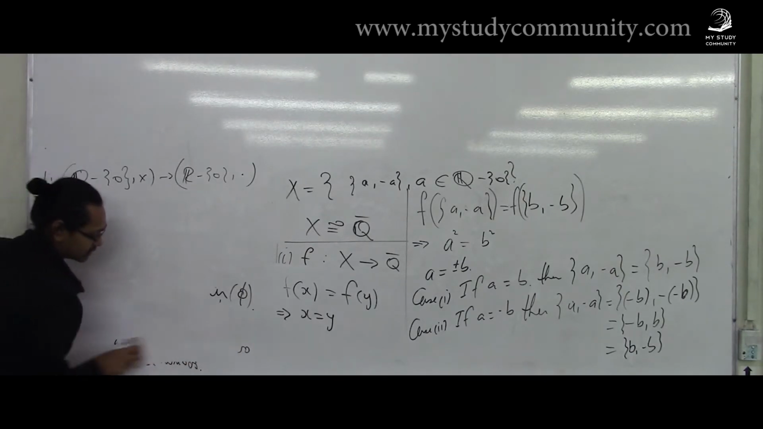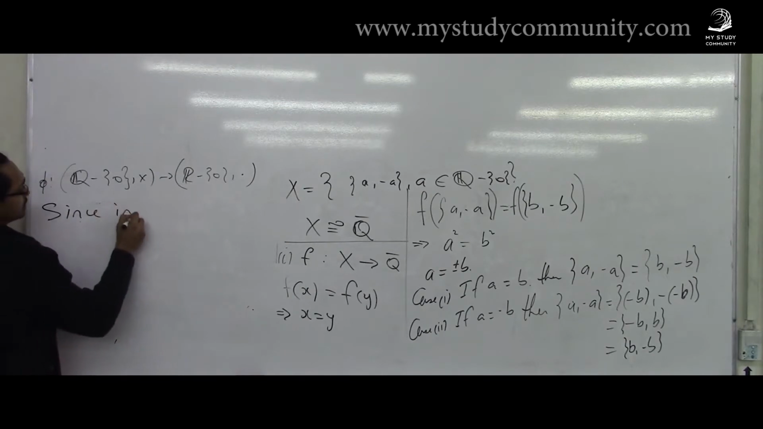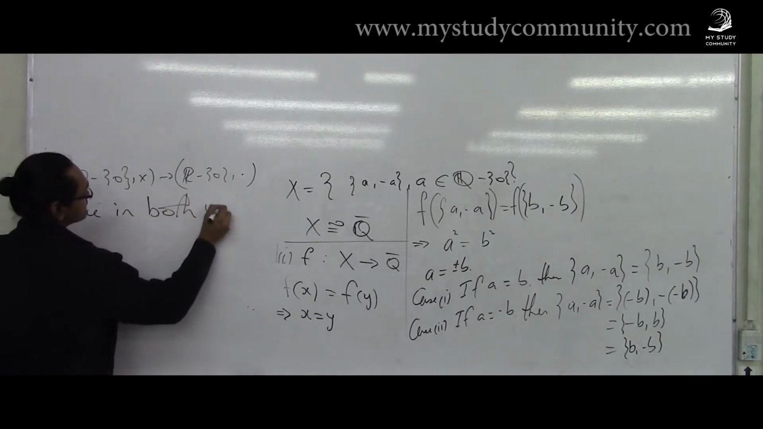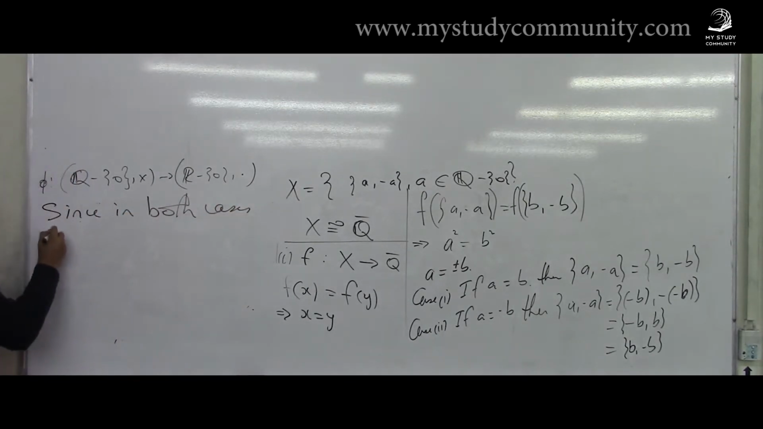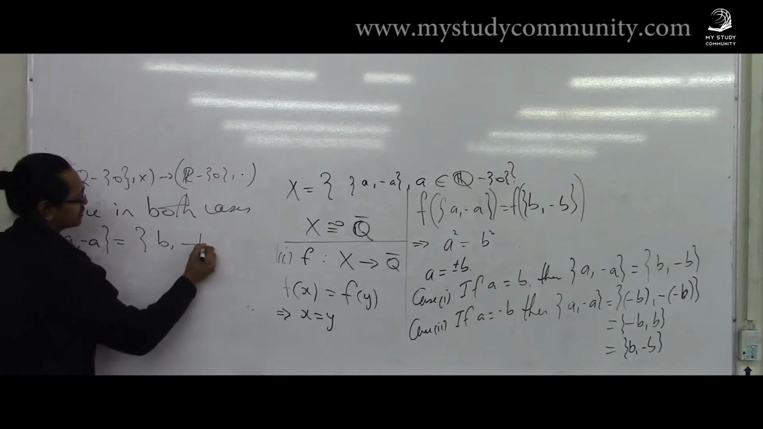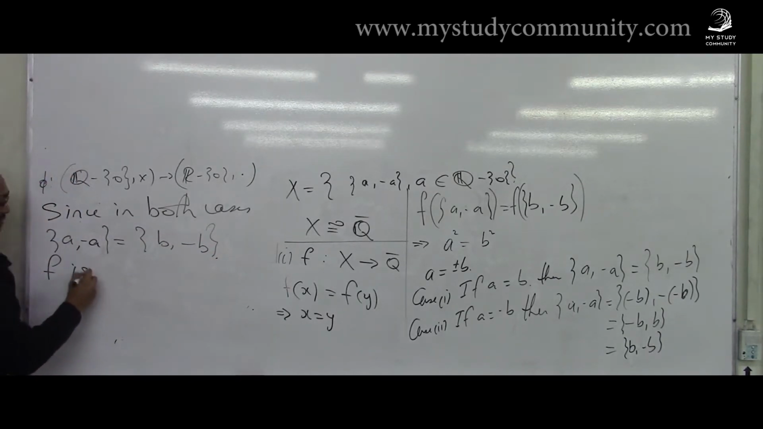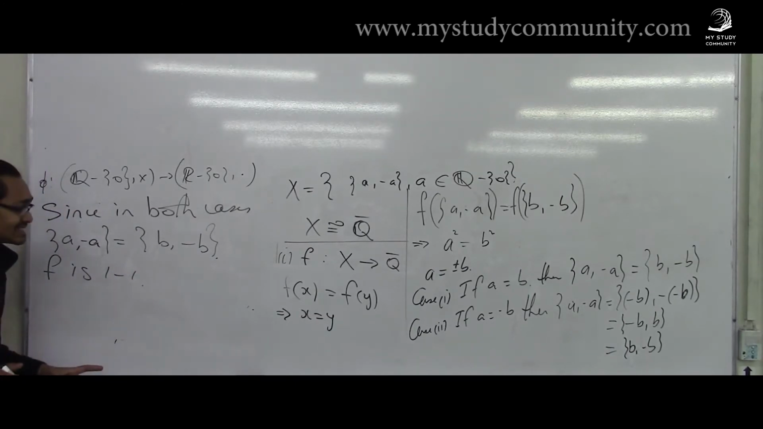We just need to conclude with a statement saying that. So I just want to conclude that since in both cases A negative A equals B negative B, F is one-to-one. Straightforward. The last thing is onto,